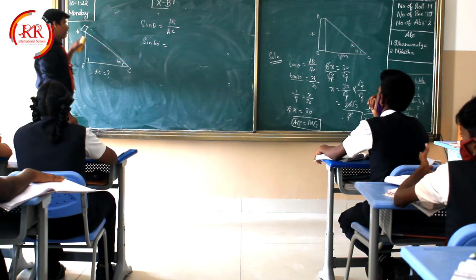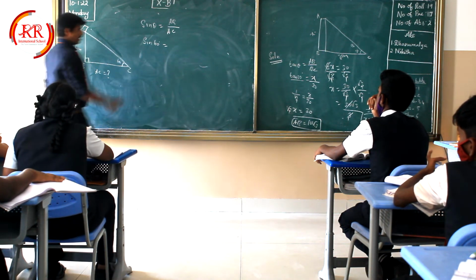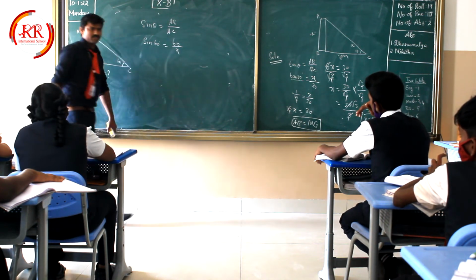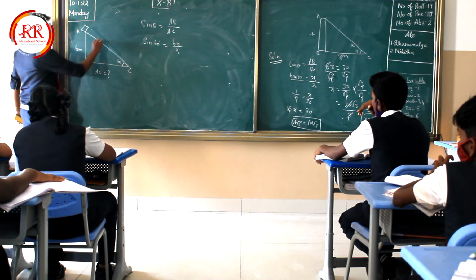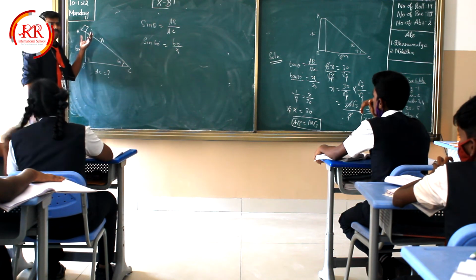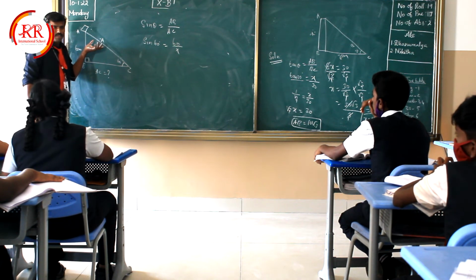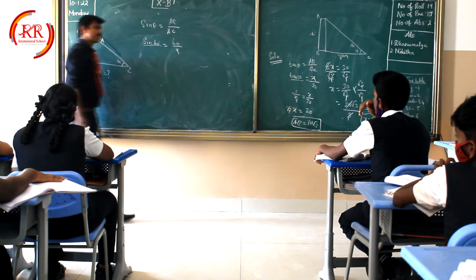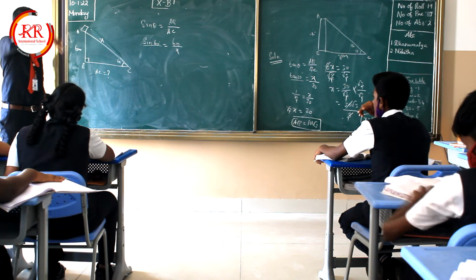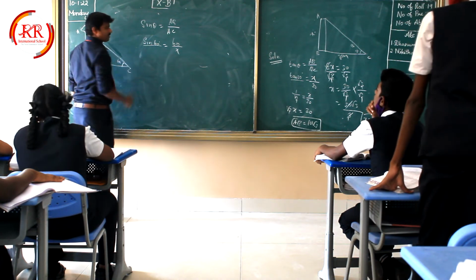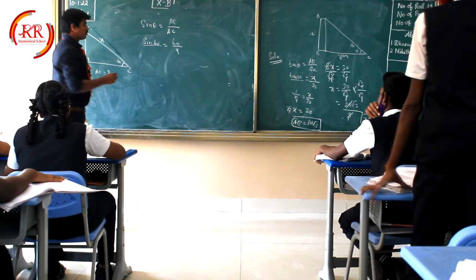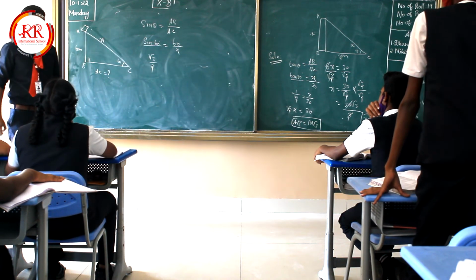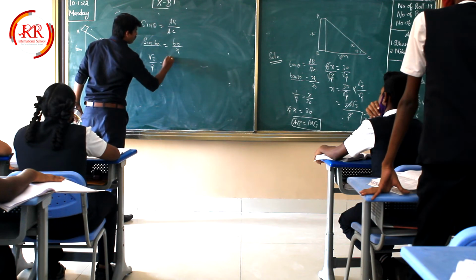That's equal to, what is the value of AB? 60. 60 divided by X. And I have assumed that X is the value that is to be found out. Now, what is sine 60 degrees? Dhanush, please tell me the value of sine 60. Root 3 by 2. As usual, substitute the value of sine 60 is root 3 by 2. That's equal to